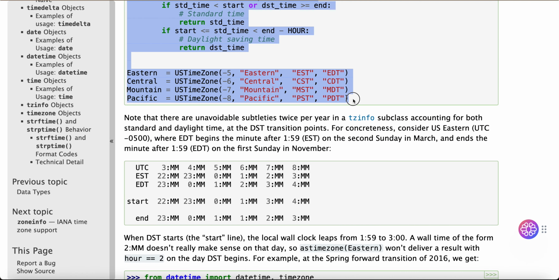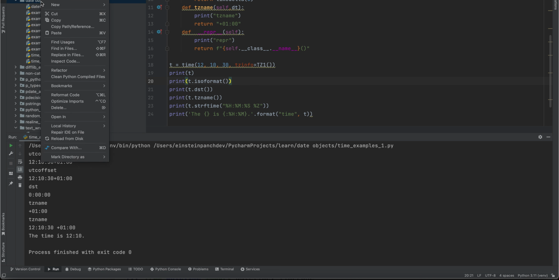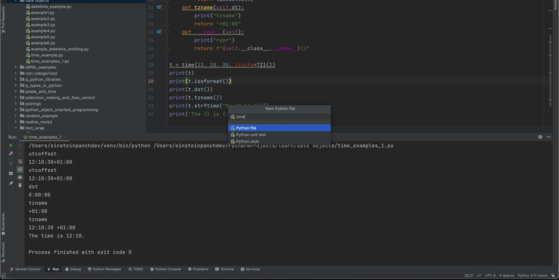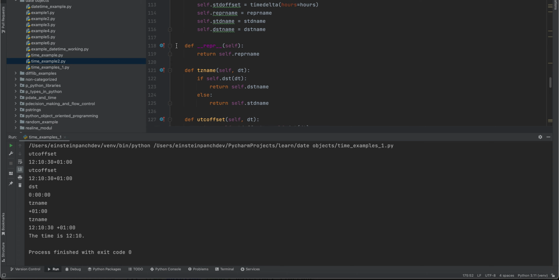Okay, till here. Time example 2. Paste all the program. Now,